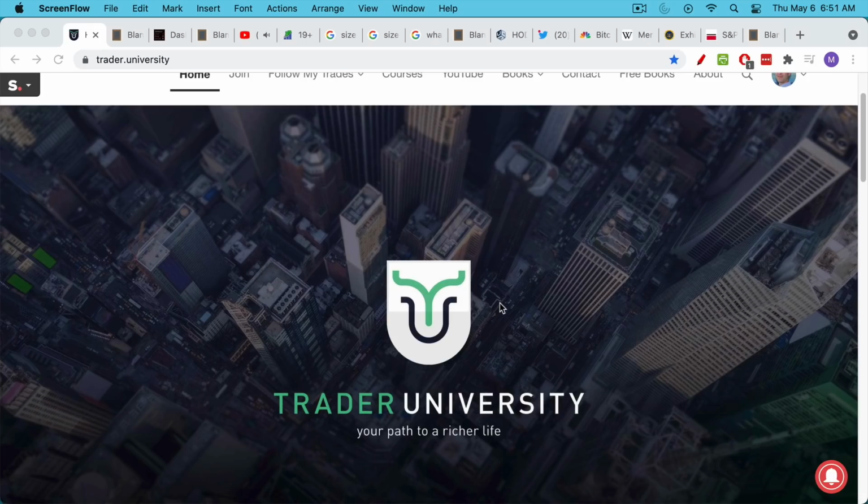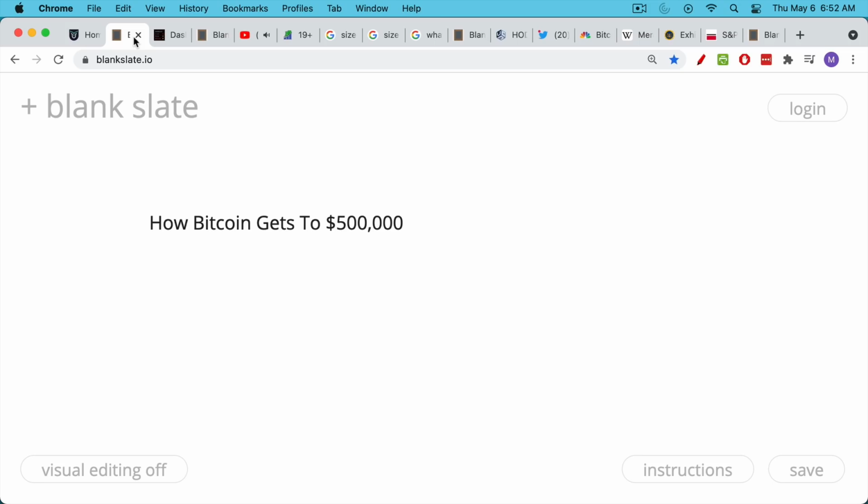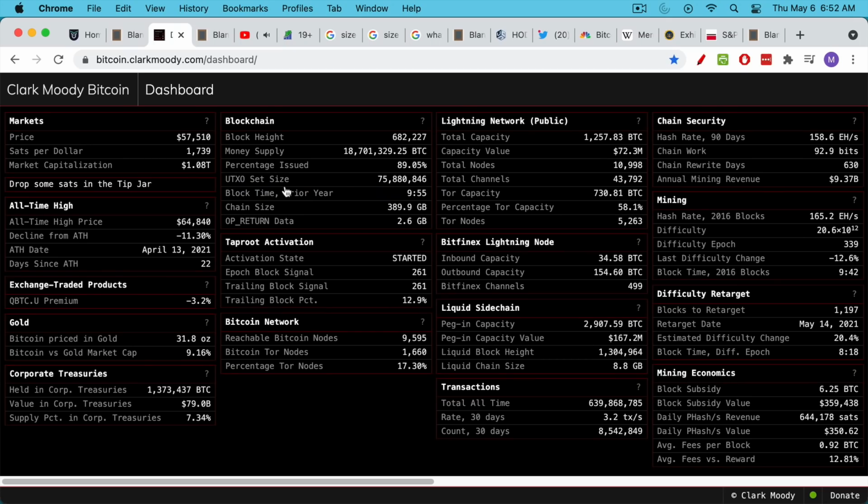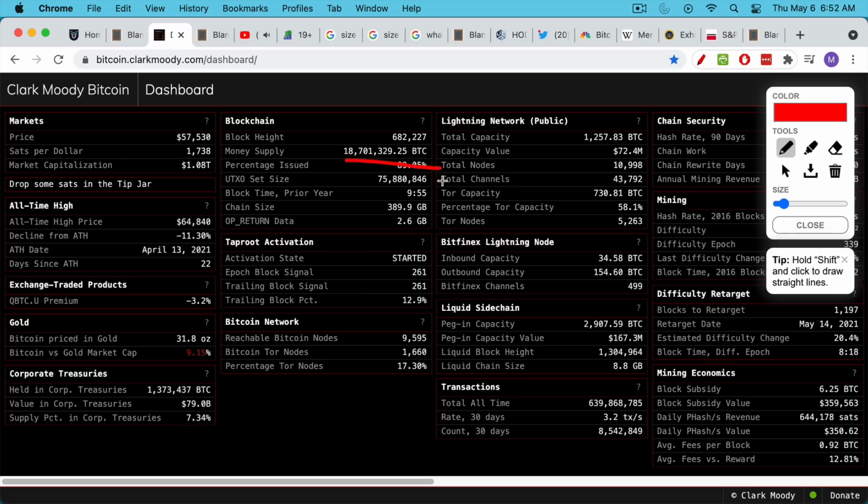This is Matthew Cratter from Trader University, and today I want to talk about how Bitcoin gets to $500,000 per coin. The current price is about $57,000 per coin, and the market cap, which is just the product, you multiply the price of Bitcoin times the number of coins that are currently circulating, currently about 18.7 million out of a total of 21 million. You multiply both of those and you get a market cap of about 1 trillion for